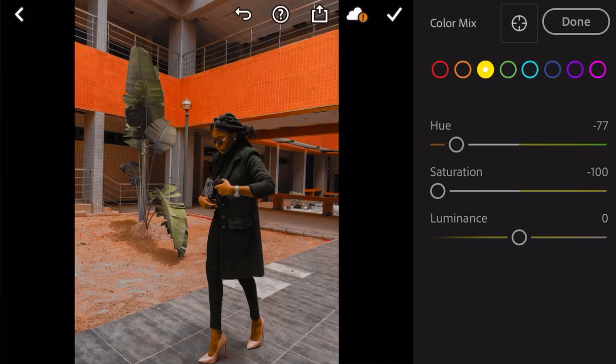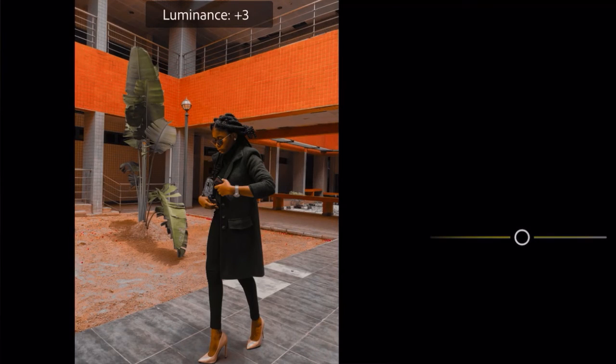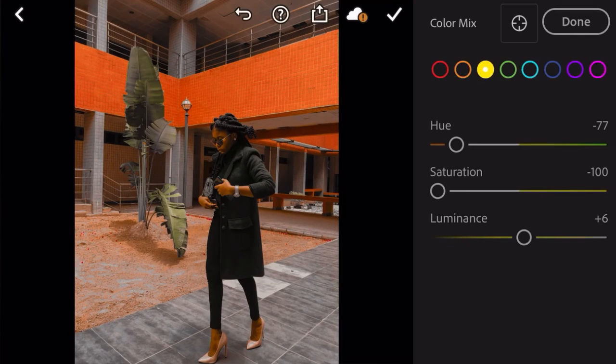Now, it's looking like my picture, you guys. It's looking like my edits and process. It is that simple. So for yellow, on luminance, I'll be going in with positive 6. Okay? For green,